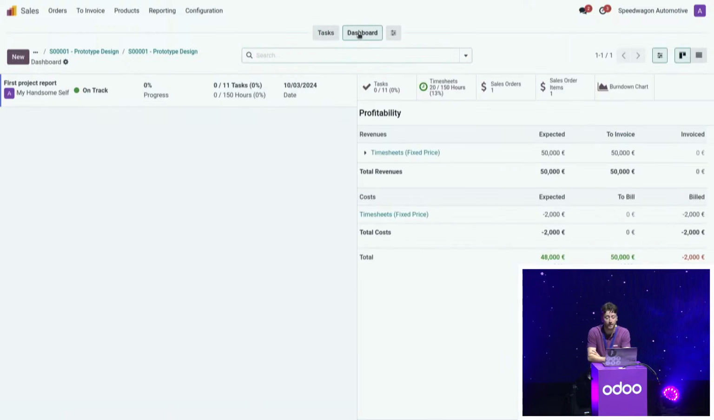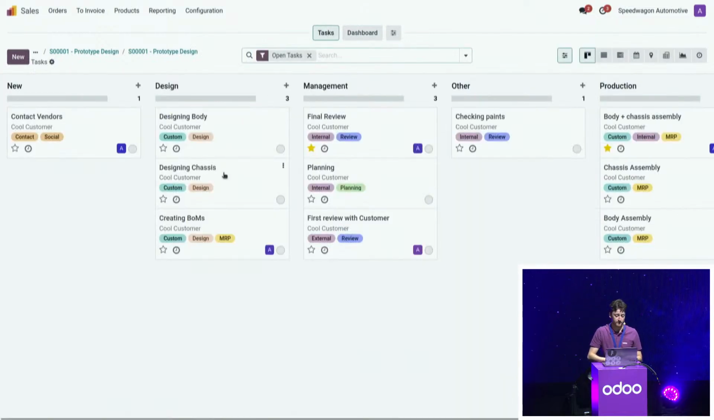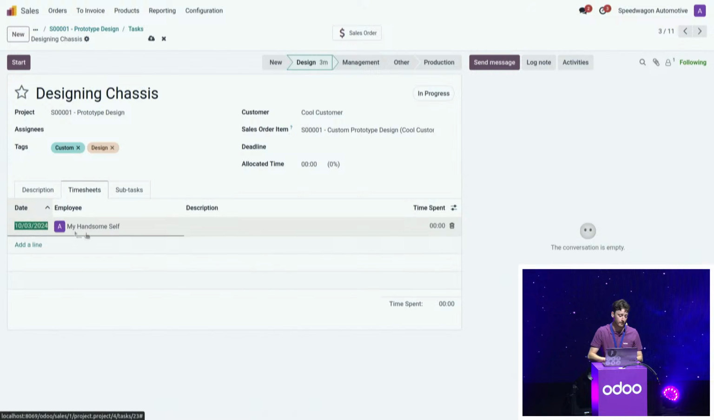As you can see, as soon as we logged the timesheets, it took the hourly cost of our employee and multiplied it, of course, by the number of hours, and so now we can see the costs of our timesheets. Of course, if someone else was to log some time, for example, my handsome self,